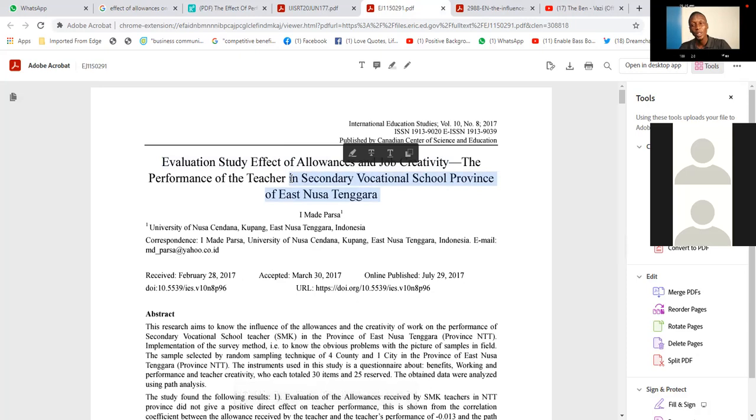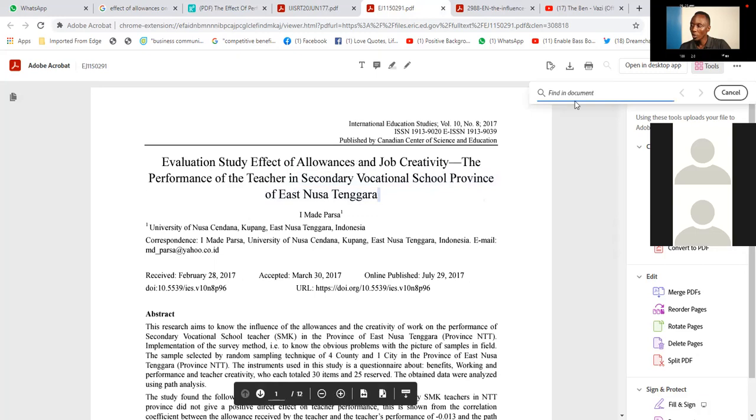Chapter 2 is for secondary data, and we are reviewing other people's literature. The information that we are reviewing is not our information, it is other people's information. Okay, so what we're going to be looking for is the keyword allowances. So how do we search for the keyword allowances? We are going to come here on search and then find and type in the word allowances or allowance, and